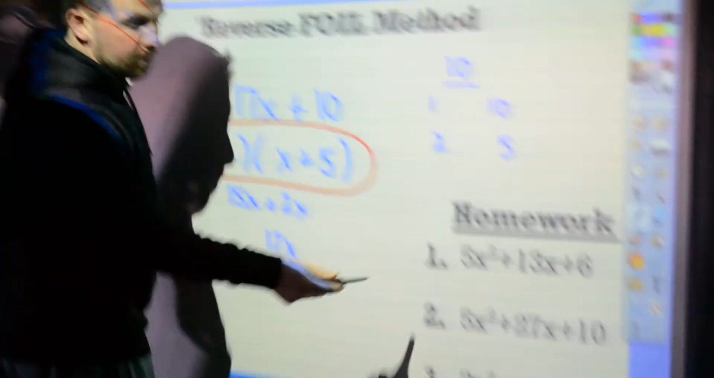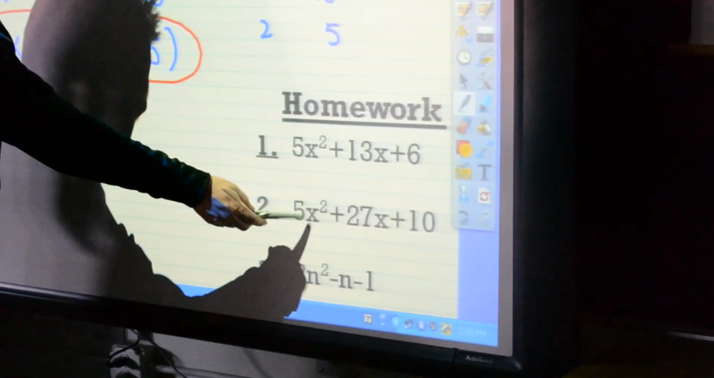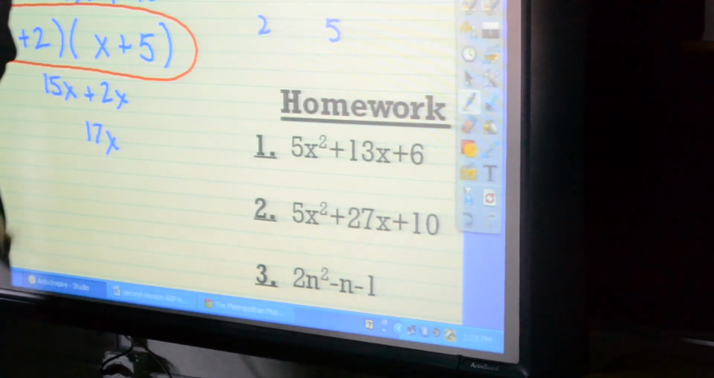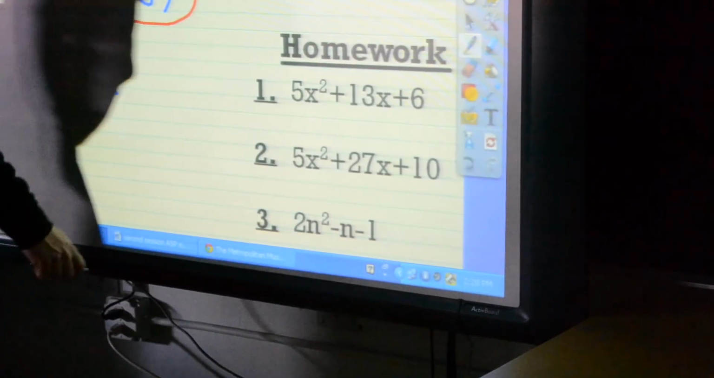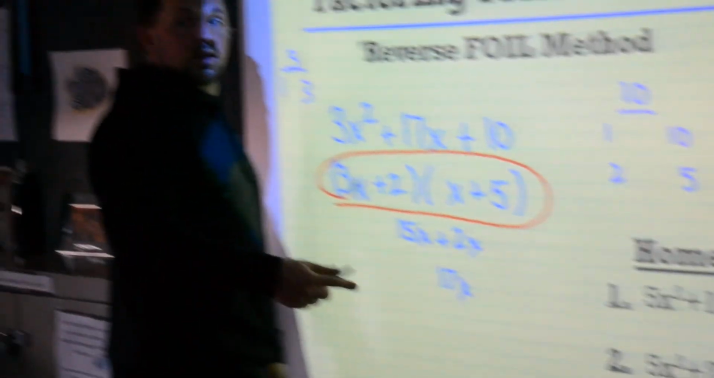Do these three problems for homework. 5x squared plus 13x plus 6, 5x squared plus 27x plus 10, and 2n squared minus n minus 1. Now none of these problems are going to work out like this, but remember, if it doesn't work out evenly, we can say the